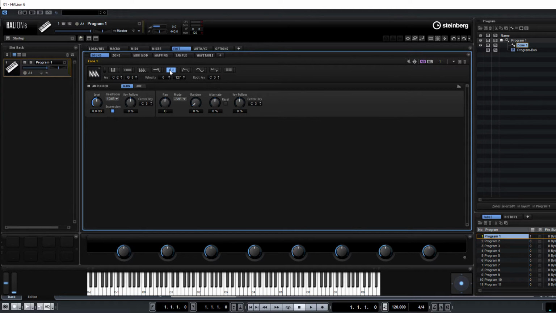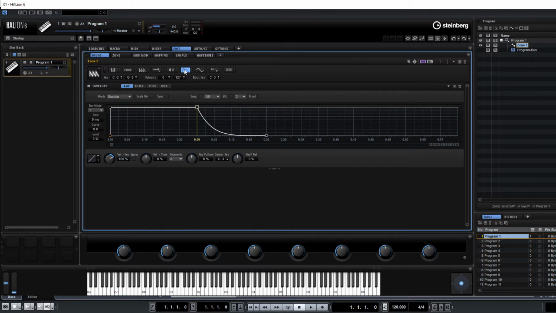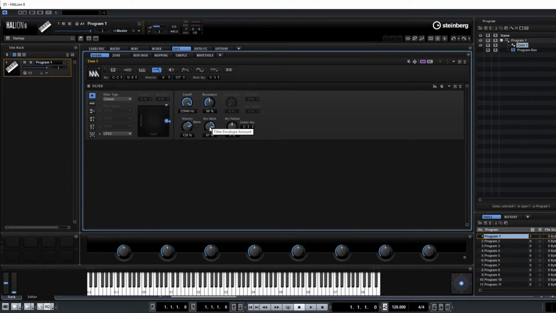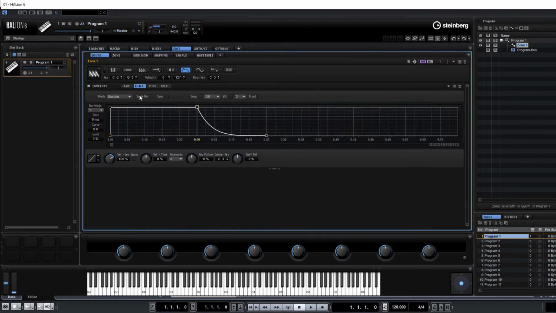We've then got the amplifier section, again where we can make it up, we can pan, can apply a little bit of randomness to the panning. Into our normal envelope section, here you've got your amp, filter, pitch and user. Select which one you want, and of course manipulate it how you see fit. Obviously back in our filter we applied a certain amount of envelope, so if we adjust the filter envelope,